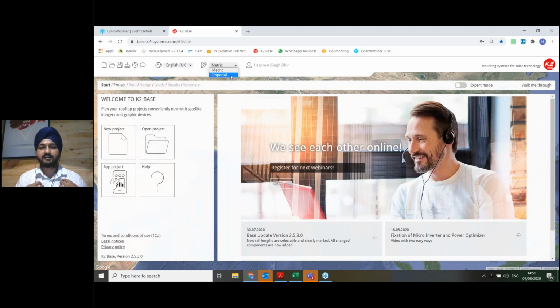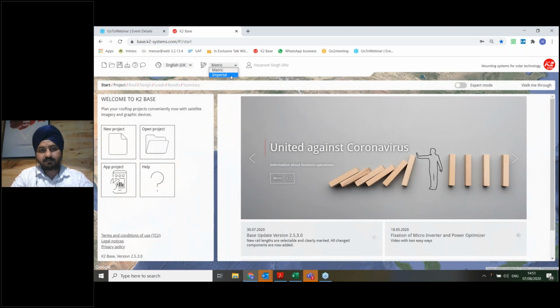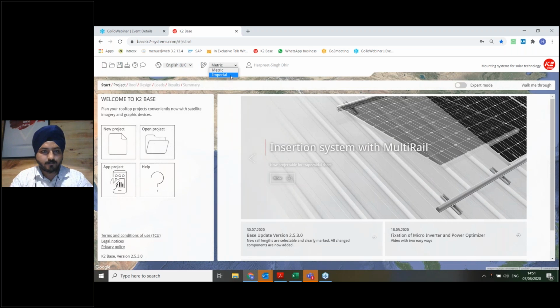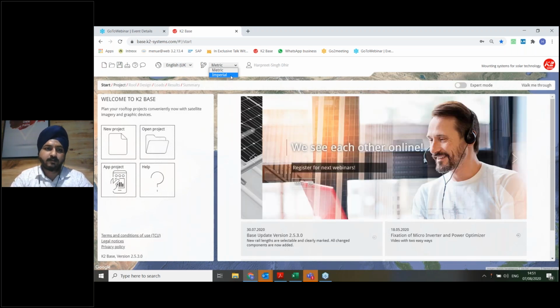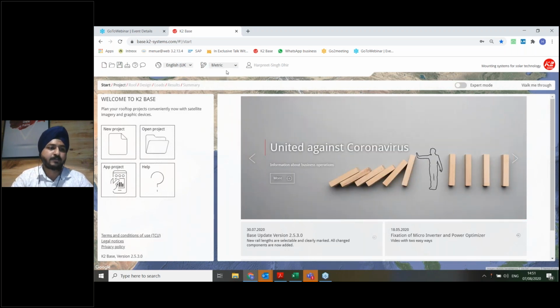So it makes my task at least much simpler. So my favorite is metric. It's up to you whether you want to go with imperial or metric. Mostly the US guys appreciate imperial, but the rest of the world goes with metric. So I will go with metric. If you are comfortable with imperial, you can go with imperial.